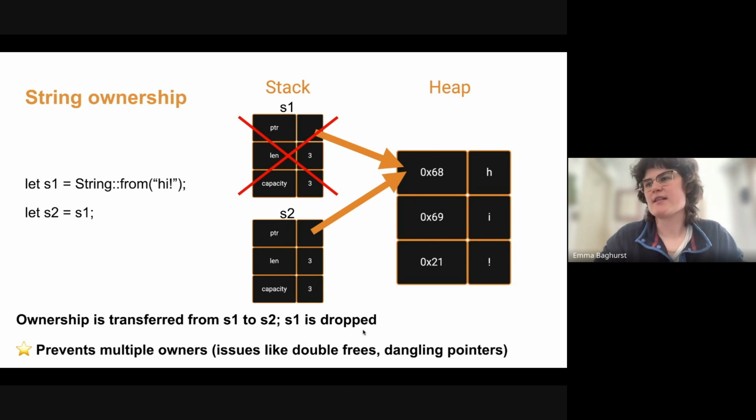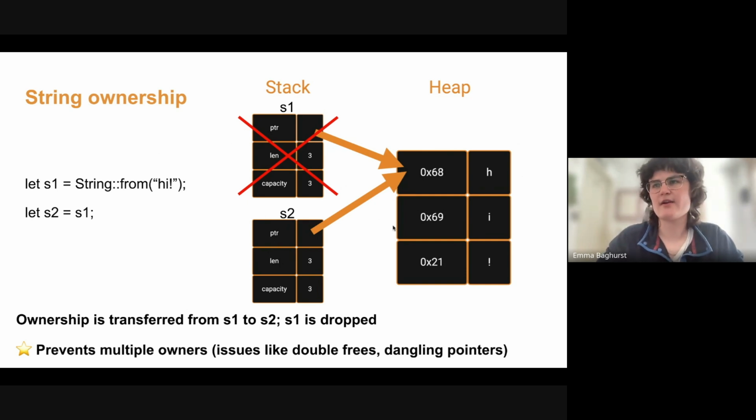And say if these were both active, say if S1 caused this data to be dropped, and then this one was still active and tried to access that memory, thinking it was still that data. It could be null, it could be something else could have been allocated there, so that's going to lead to